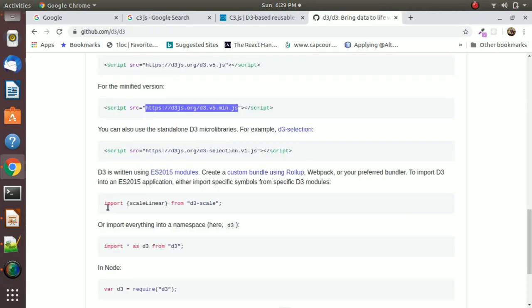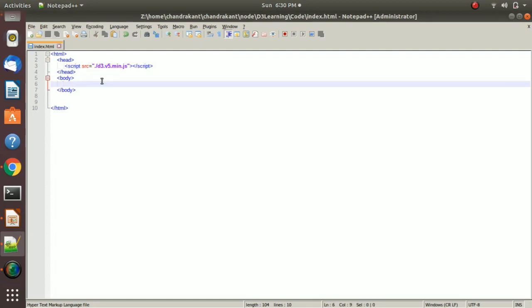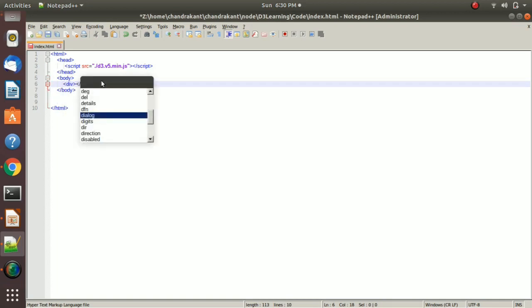Now we will start creating a simple bar chart using D3. I have taken this library. Now in the body I am taking a simple div that will contain our charts.